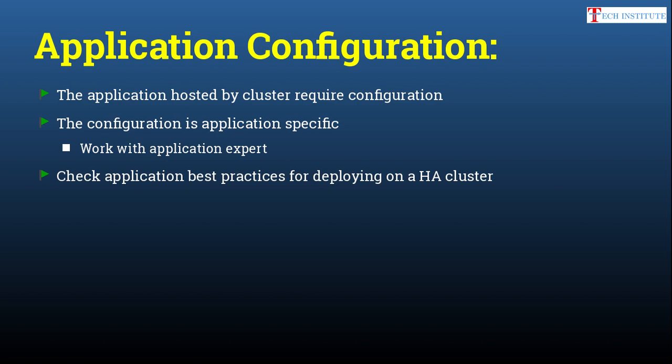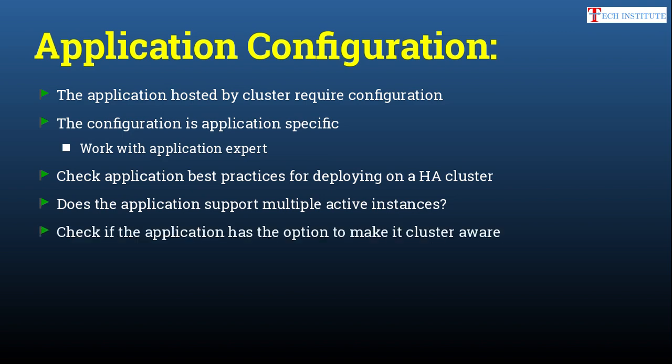And also you need to see whether your application supports multiple active nodes, in which case it can work as load balancing. A few connections will go to a particular node and the rest of the connections will go to another node, so that none of the nodes is exhausted with overload. But many applications don't support this; they go with active passive, so you need to have that information and design accordingly.